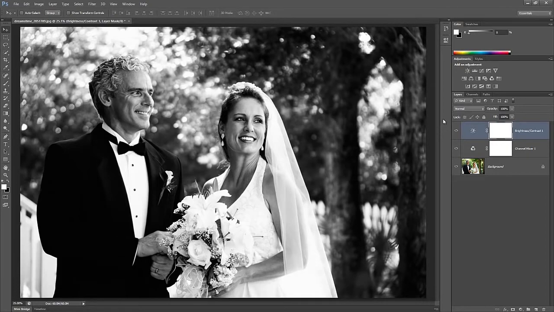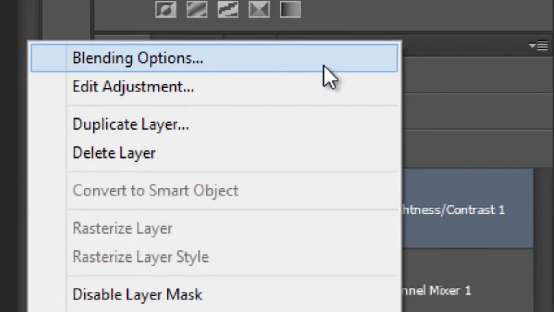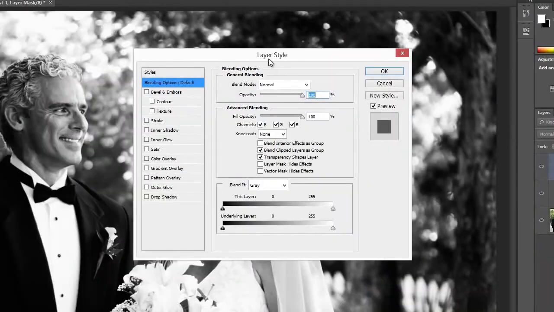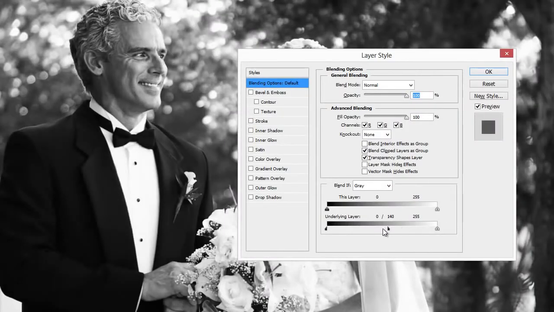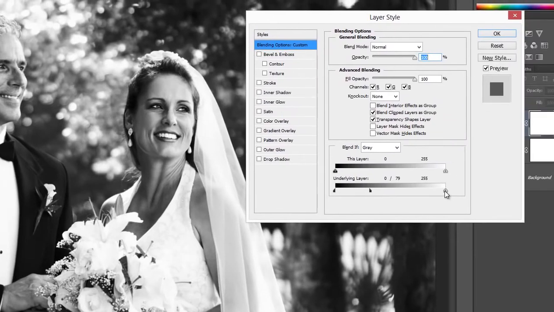To access it, right-click on the layer, then choose Blending Options. In the Blend If options, hold the Alt or Option key and drag the black input slider towards the right to restore the details in the shadows. Next, hold the Alt or Option key and drag the white input slider towards the left to restore the details